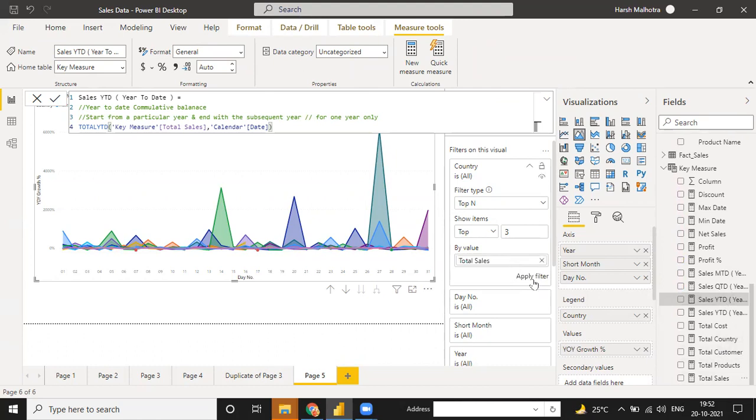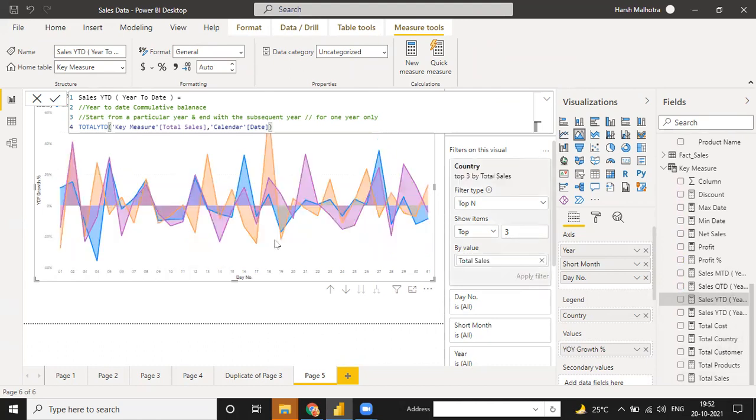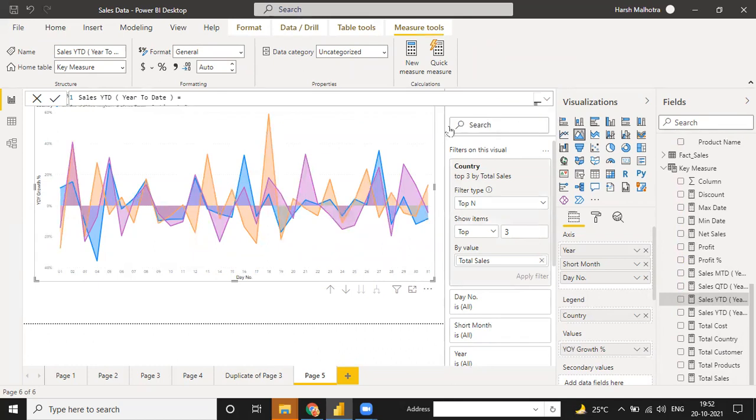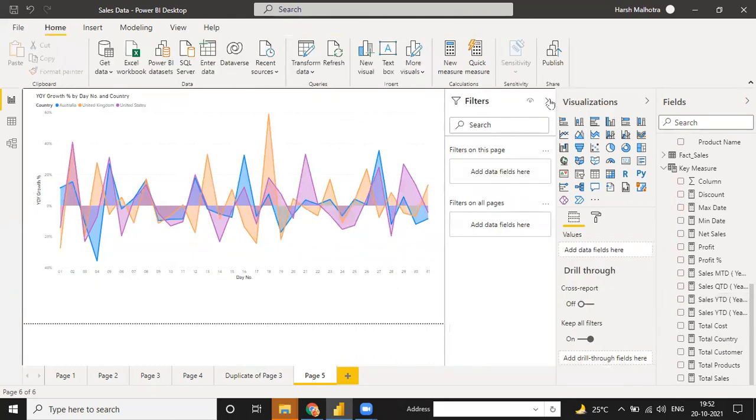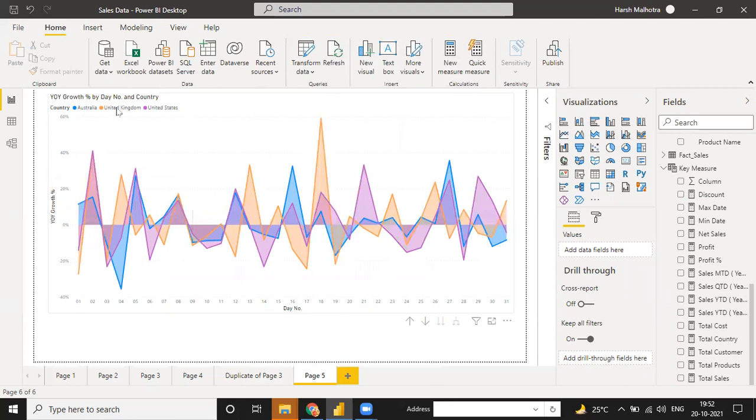Click on apply. See, this is your important line chart, and this is only for the top 3 countries: Australia, United Kingdom, and United States. The blue value is Australia, United Kingdom is this yellow.